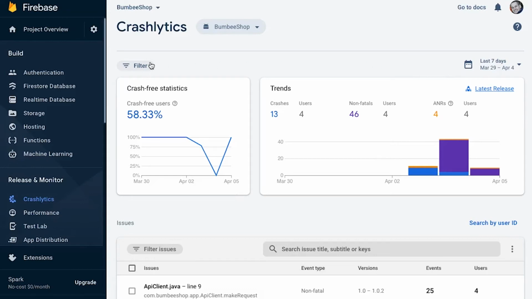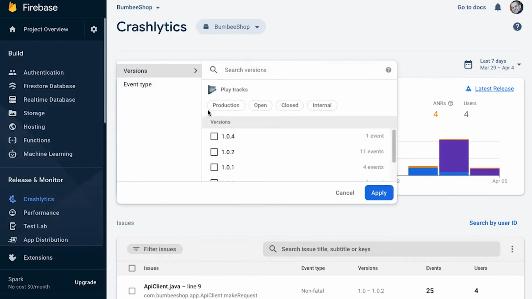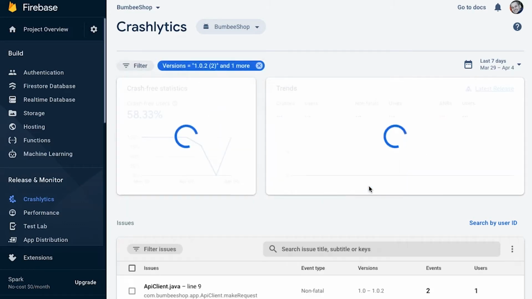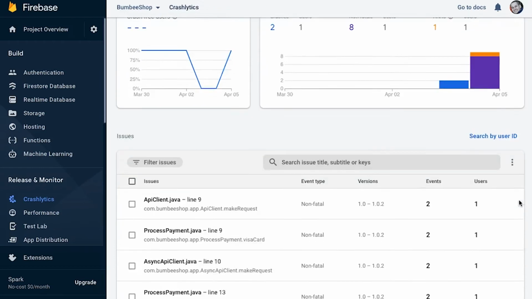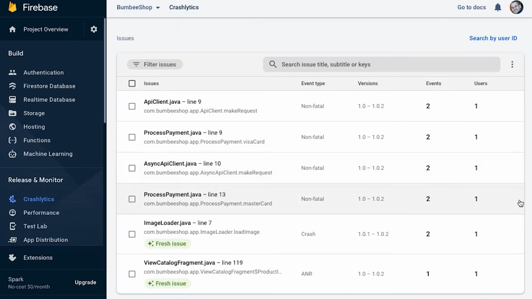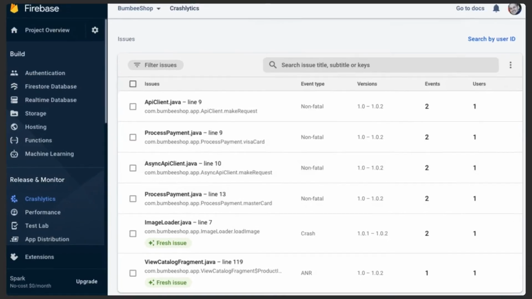When we click on the version filter, we now see an option for each release track. If I select Close Testing, only the versions participating in that track are selected. Click Apply, and we'll see only the issues impacting that track. That's much better. I can clearly see there are a few issues in particular that are impacting our closed testing. I'll want to get these bugs patched up before our release hits production.